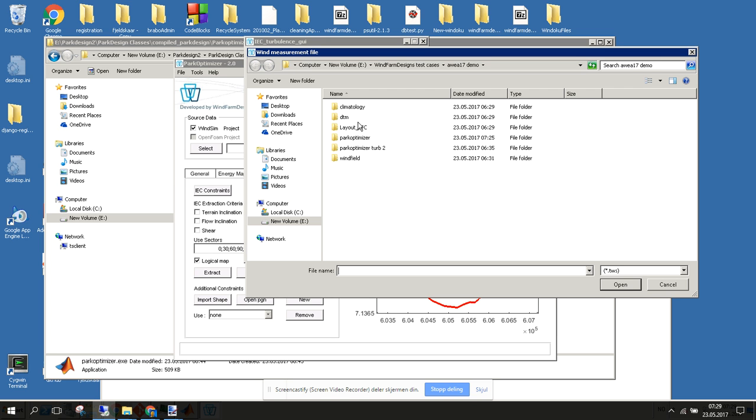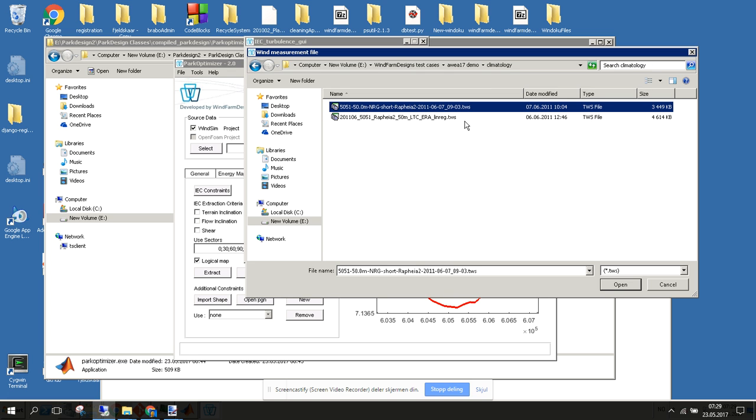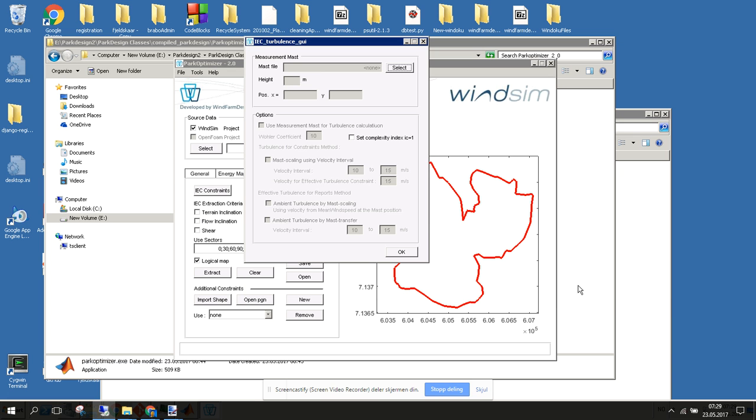For the turbulence, we need to import climatology data, and we import TWS files for this purpose. We can set a set of parameters here for turbulence calculation. If we focus on only the wind speed being 15 meters per second, let's do that. And we can also define, when we calculate the characteristic turbulence intensity, whether we want to set